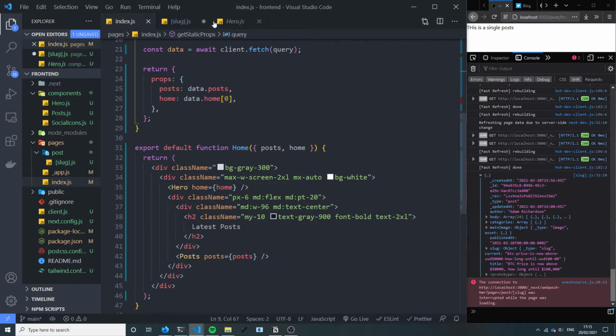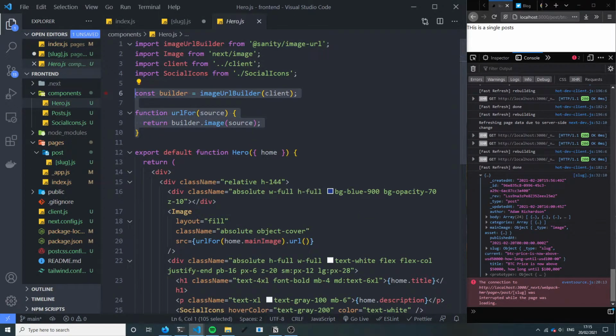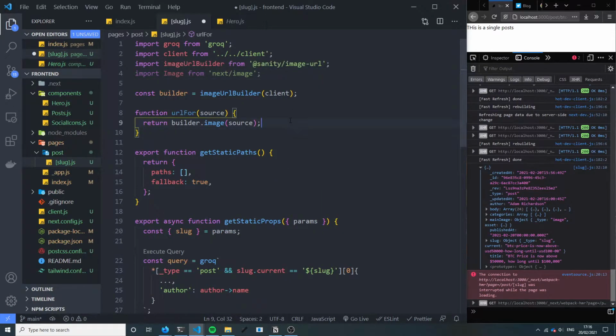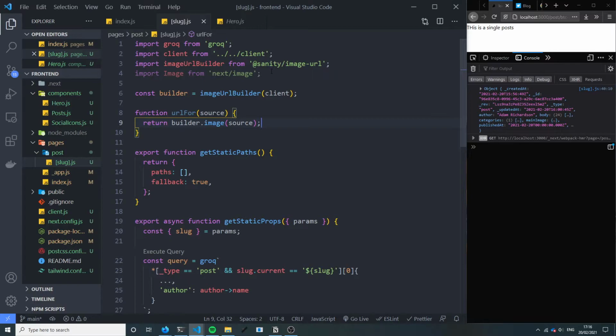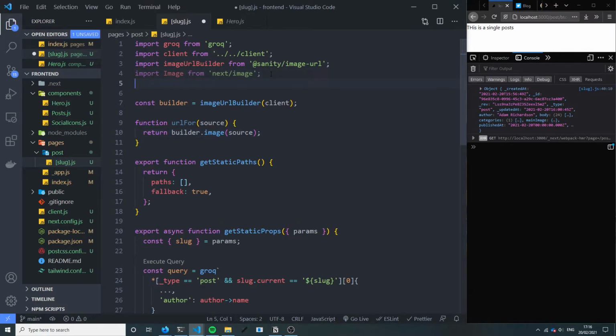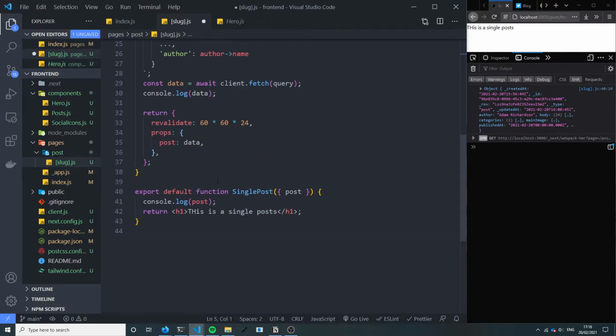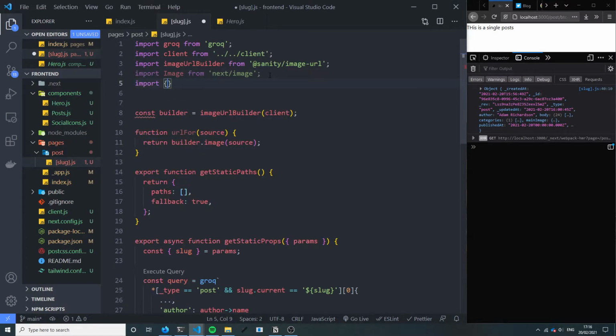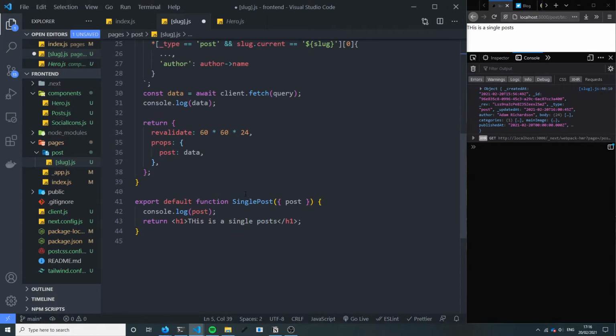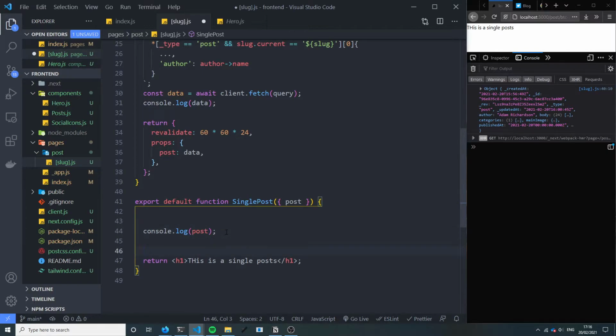Like this. We're going to need this builder and URL, so we're just going to reuse those. Put those in there. We're also going to need the router, so import useRouter from next/router. So the first thing I want to do when we come to a post page,